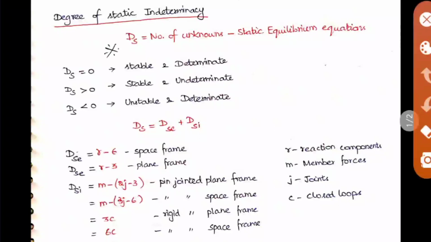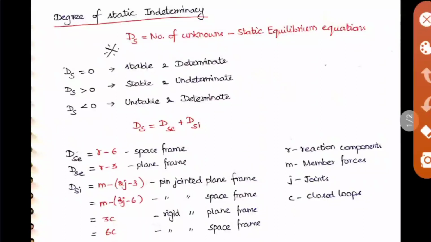Here this is the main formula for finding the static indeterminacy. Definitely at least one question will be asked from this unit in any competitive exam, though the way of asking will be different. Some questions will ask you to find the degree of indeterminacy, or ask which beam or structure is not indeterminate, or they will give you the DS value, that is the degree of indeterminacy value, and ask you to find whether it is stable or not. Based on this I have framed the lecture here.